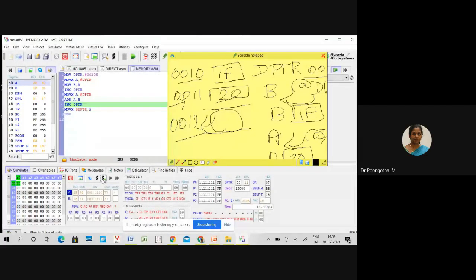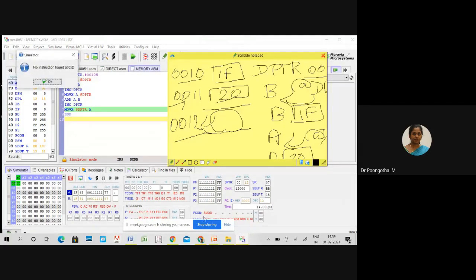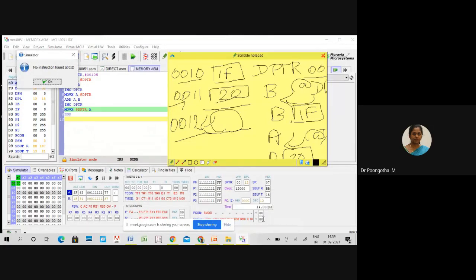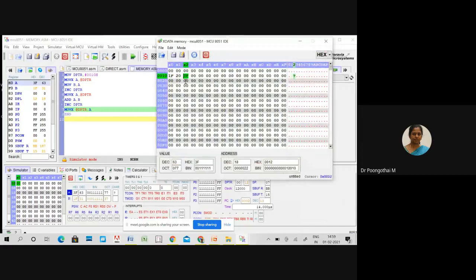After adding these two, your accumulator holds 3F. Look here, 3F. Next, I'm incrementing DPTR and the result will be stored in 0012. Using this window, you can check your result. So here 3F is stored at 0012.